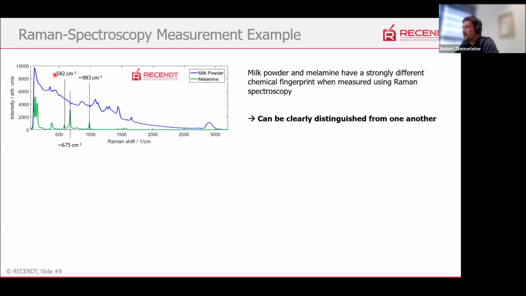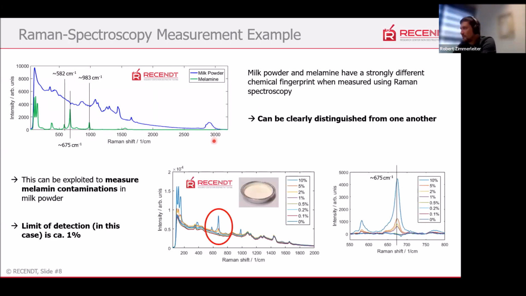For example, the melamine has distinct peaks at 582, 675, and 983 wave numbers. And we can clearly distinguish these two substances from one another just by looking at their Raman spectrum. So this can, of course, be exploited to measure melamine contaminations, for example, in the milk powder, which we can see in the graphs here on the bottom. We have